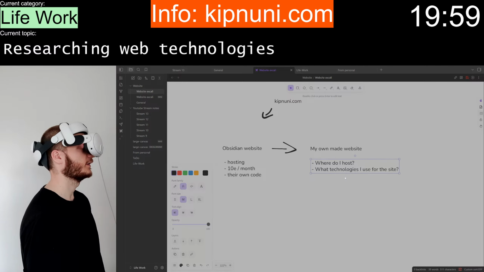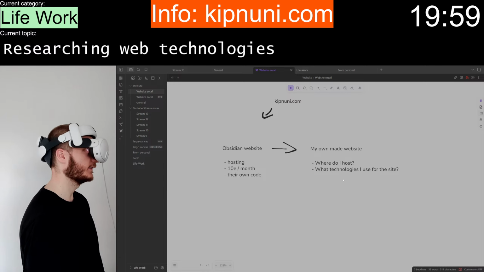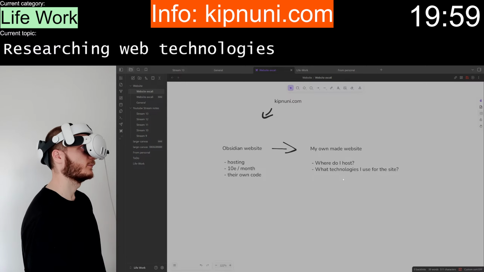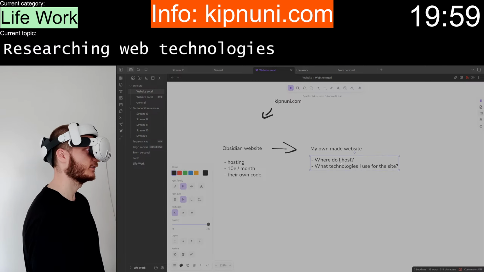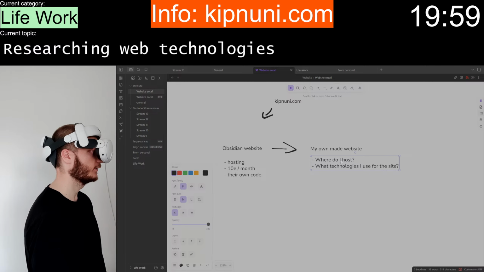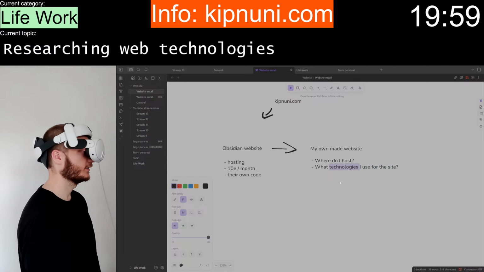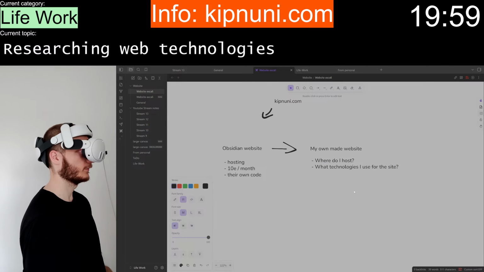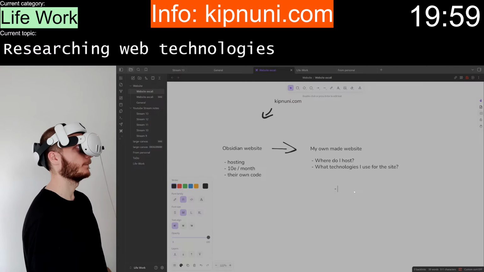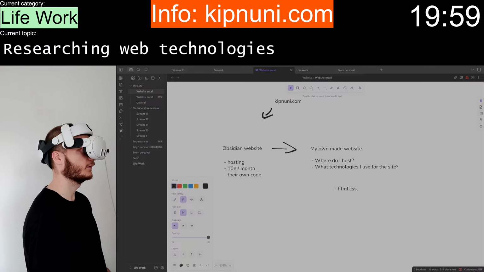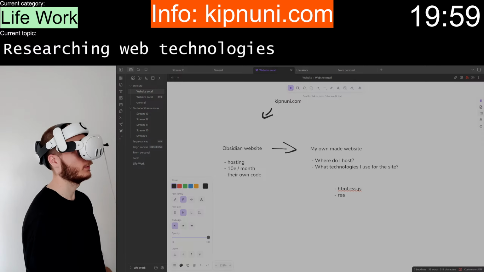My experience in web development is pure HTML, CSS, JavaScript when I started, when it was taught at the university. And then I have used React the most. So HTML, CSS, JavaScript, React,